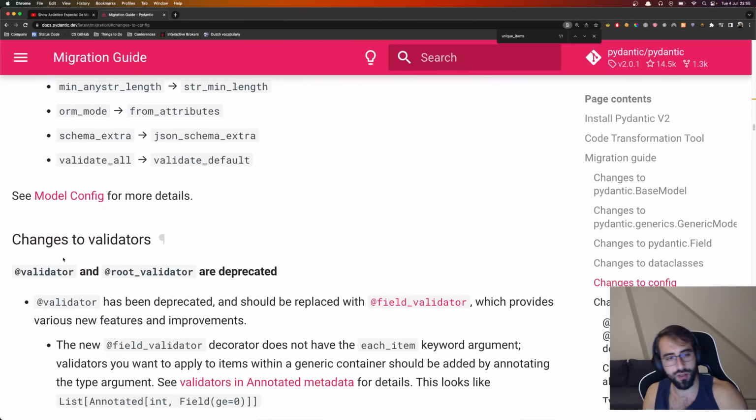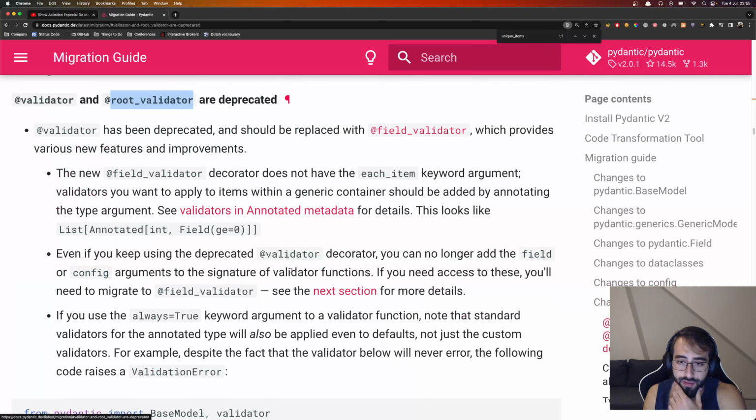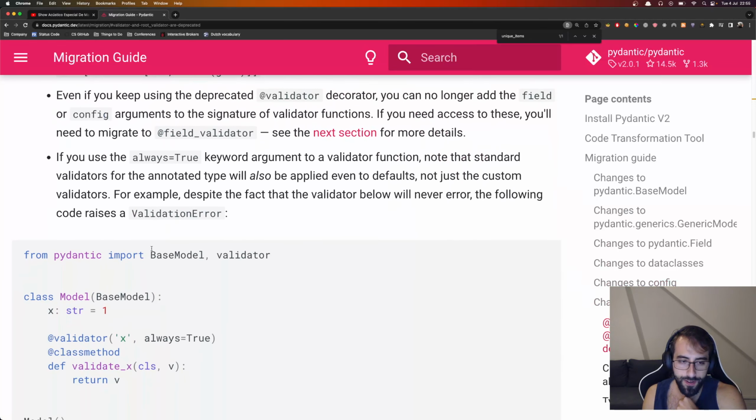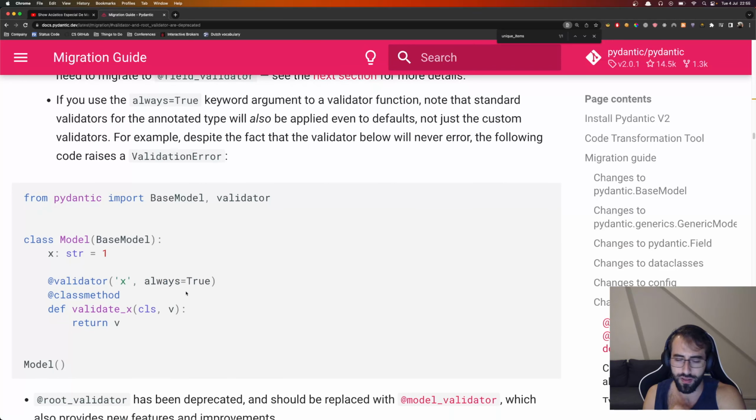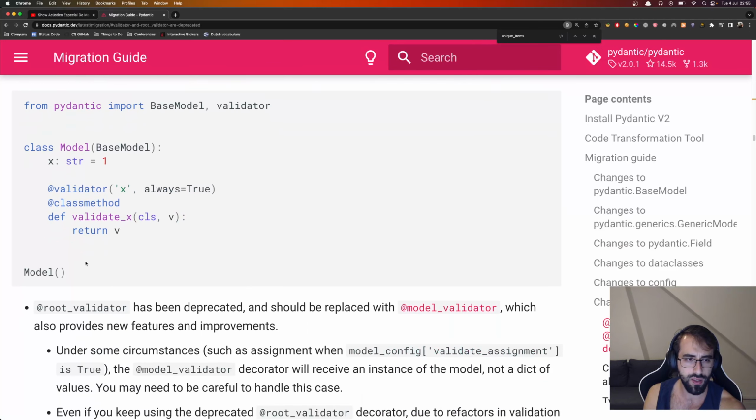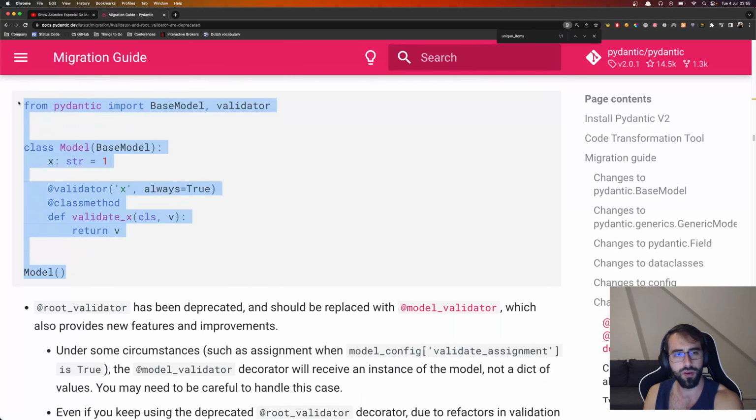Change to validators. You had validator and root validator, and now we have field validator and model validator. Okay, they are a bit different. In the usage of those, they depend on how many parameters you are using. So if I get this example,